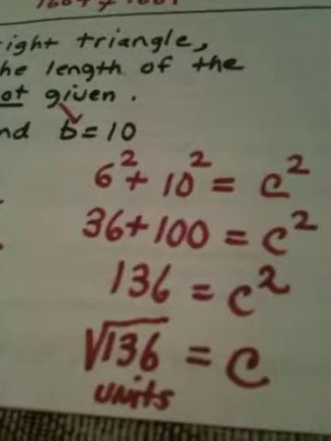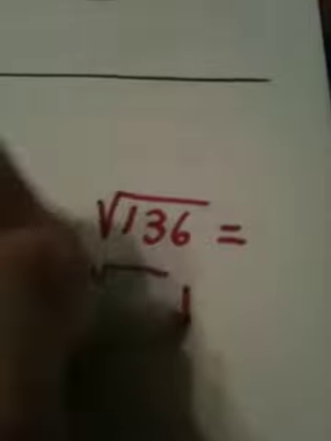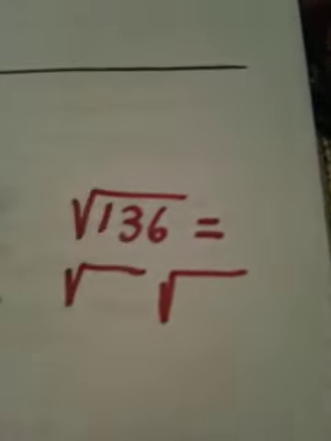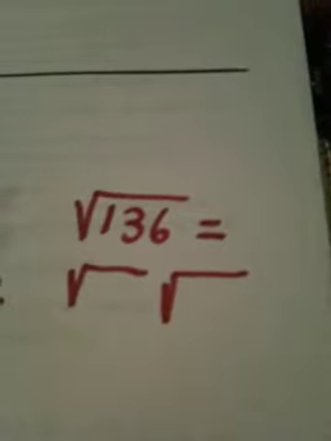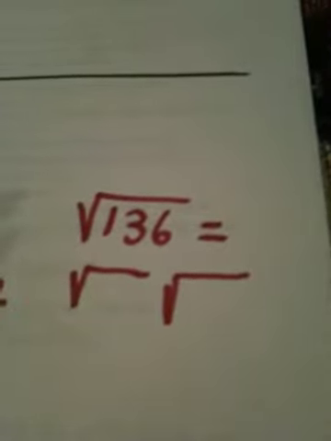But there's something I want to point out to you. Okay? The square root of 136 can be broken into, you look for perfect squares that go into this. Well, I think, let's see, does 4 go into 136? 34 times, yeah. 136 is 4 times